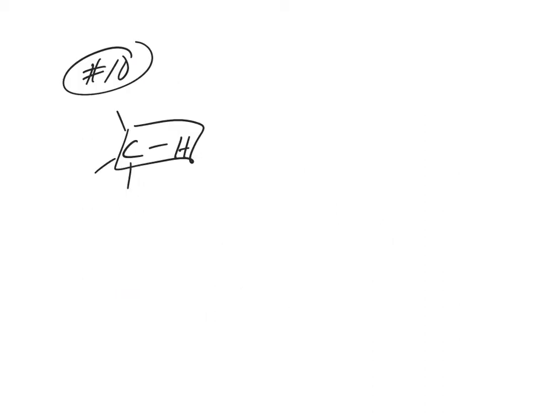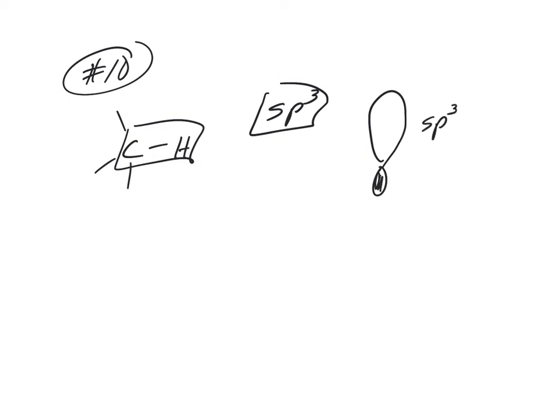So number 10, trying to explain why this CH bond is not acidic using words and pictures. So another word of warning, I do not want full paragraphs writing out diatribes. I want short pictures to show me here. So first thing you probably look here is this is an sp3 hybridized carbon. That means it has sp3 hybrid orbitals. And if this reacted, I would have this molecule, which means I'd have a lone pair in an sp3 hybrid orbital. sp3 hybrid orbitals are far